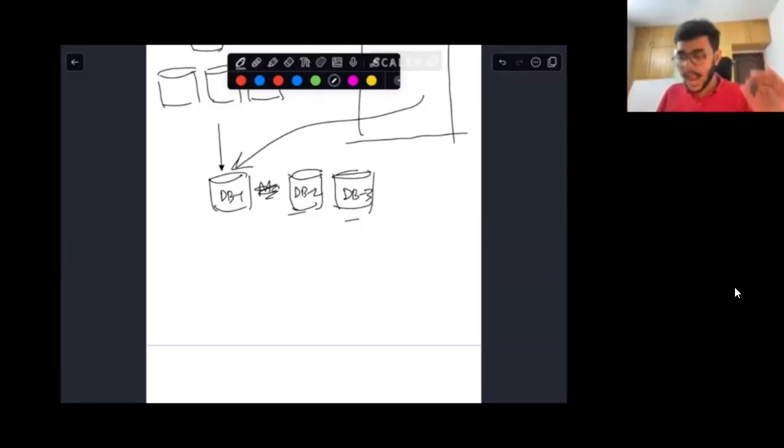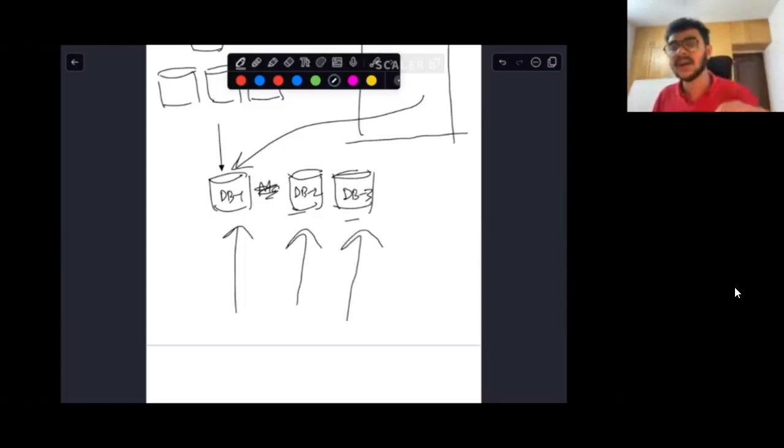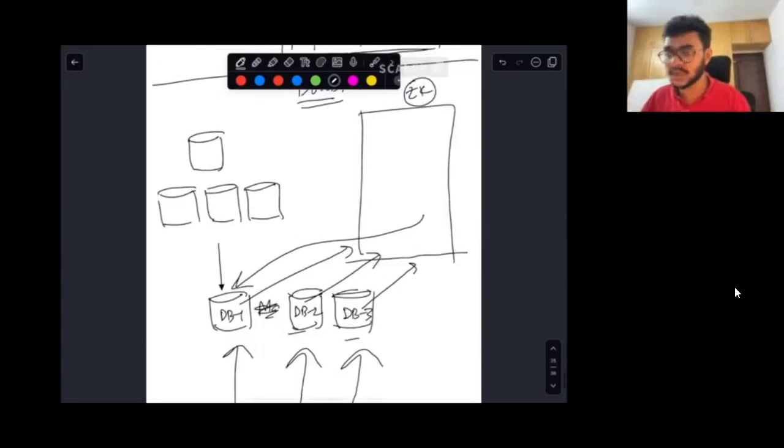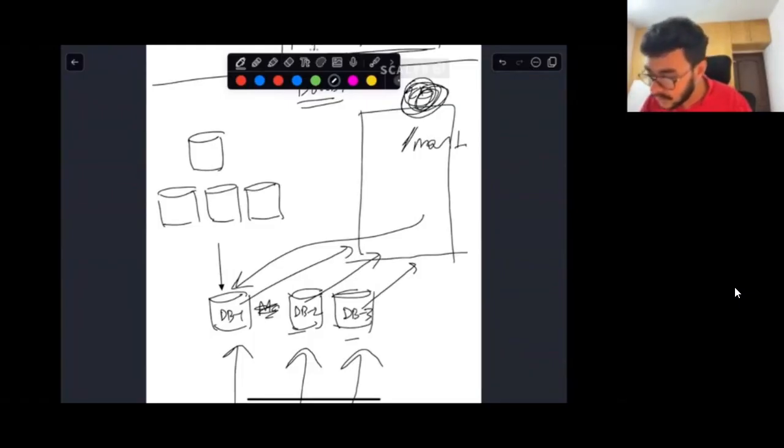But let's say I'm not the database admin, and I don't want to do it manually. In that case, let us say neither of these databases has received a write so far. Each of these databases' Zookeeper client will send a request all the way to the Zookeeper node to go ahead and create a master file. The Zookeeper manager will take only the first request that actually lands over there, and it will create this file and reject the other two requests.